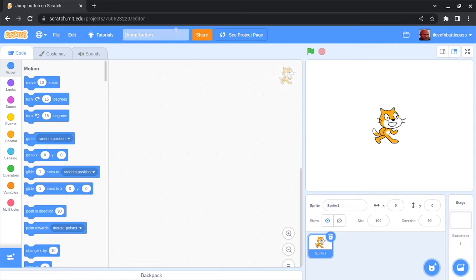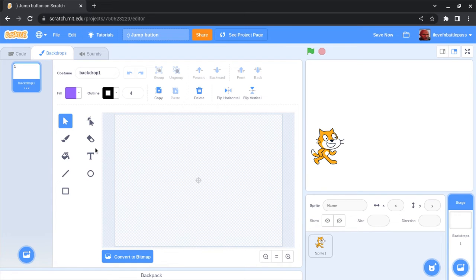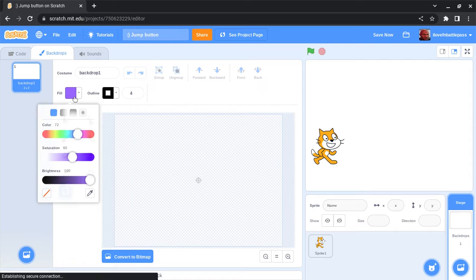And now, let's start and let's add a little smiley face. Alright, so, now let's get into it. We are going to make this little sprite here jump. So, the first thing we're going to do is create a little backdrop. To create this little backdrop, let's just make